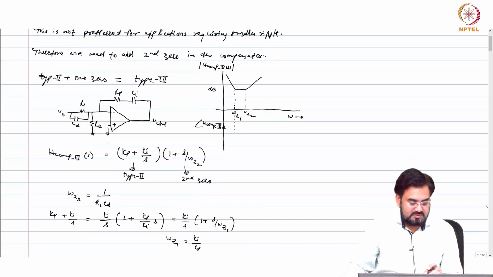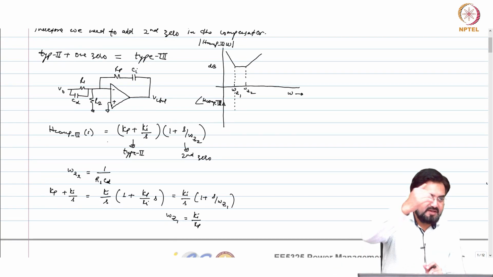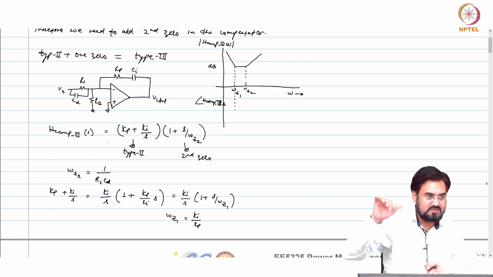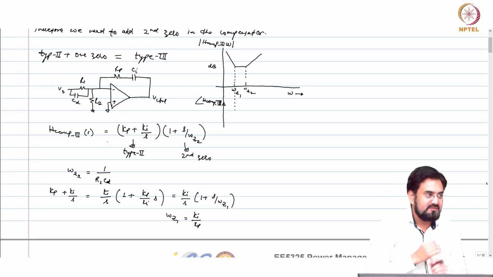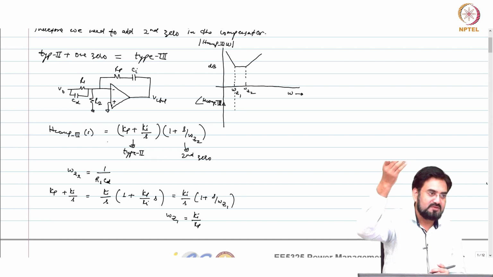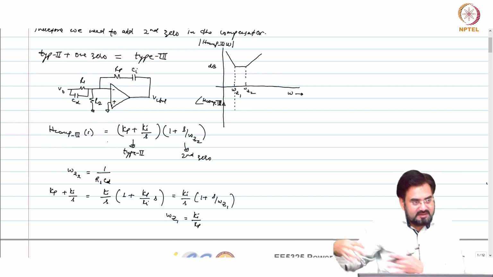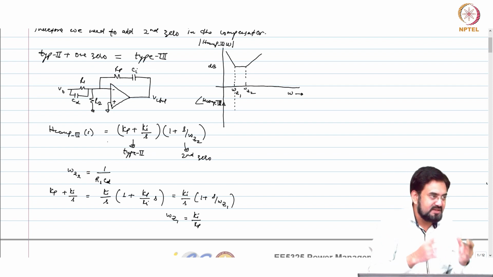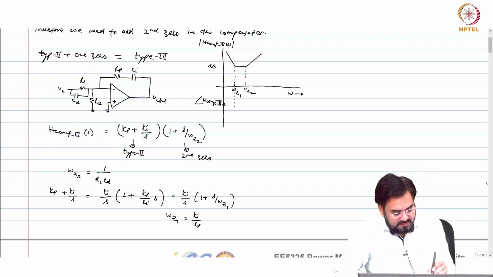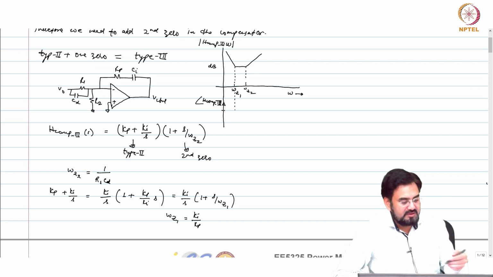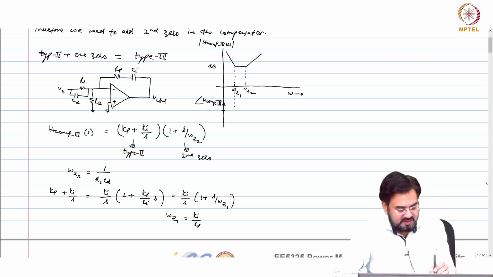Now, if you are going in one direction, usually what you do is start with minus 180 and go towards minus 360. When you have two poles, it will give you minus. Or if you are starting from positive, then you go towards the 0 side. So you can look either way. You can start with 180 or minus 180, but at the end, the total phase shift you are looking at, whether 360 or 0, it's the same actually. Since we know that all the poles are going to add negative, we simply start with minus 180.